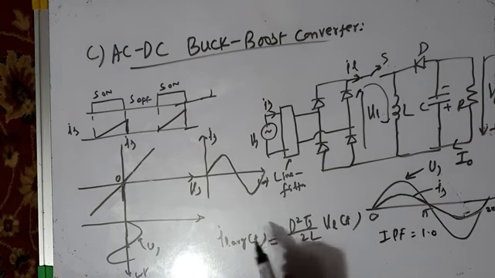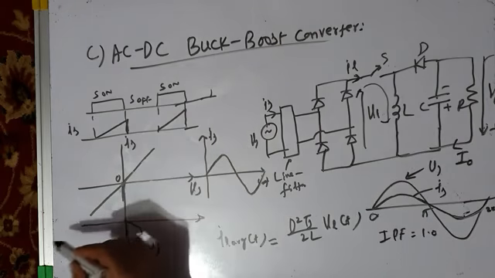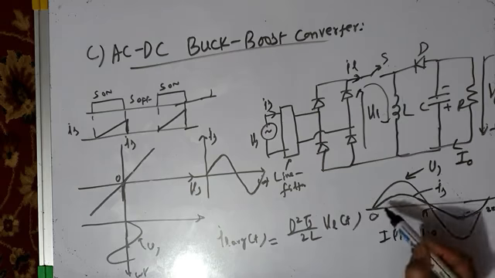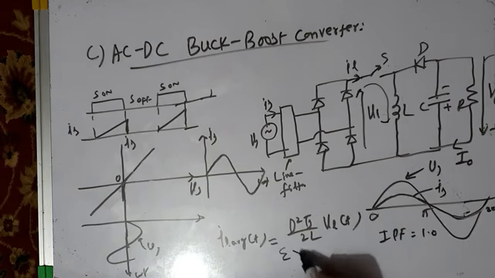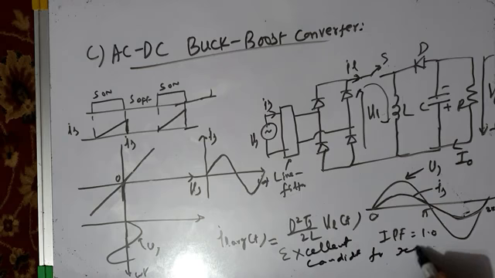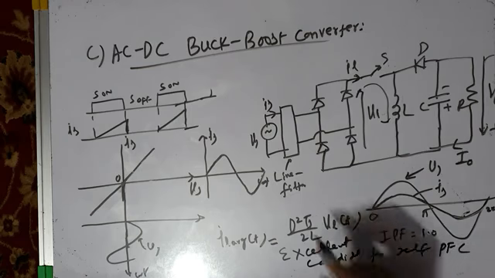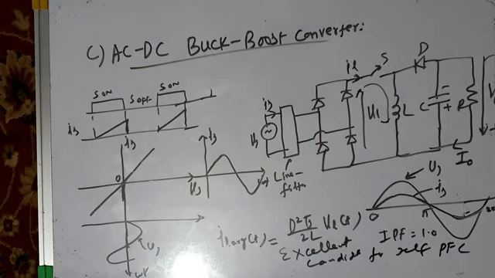So therefore this AC to DC buck boost converter removes the non-linearity in the boost converter and it makes the source current perfectly sinusoidal, so it is an excellent candidate for self PFC, self power factor correction। But लेकिन इसमें buck boost converter में एक problem है, and problem is that